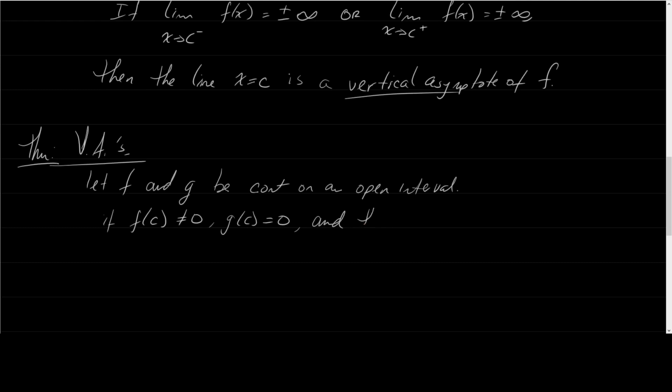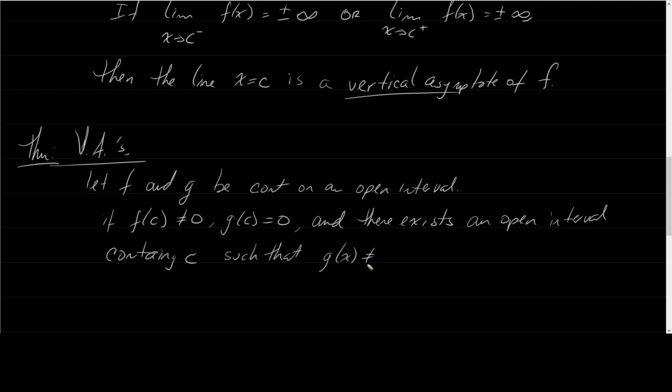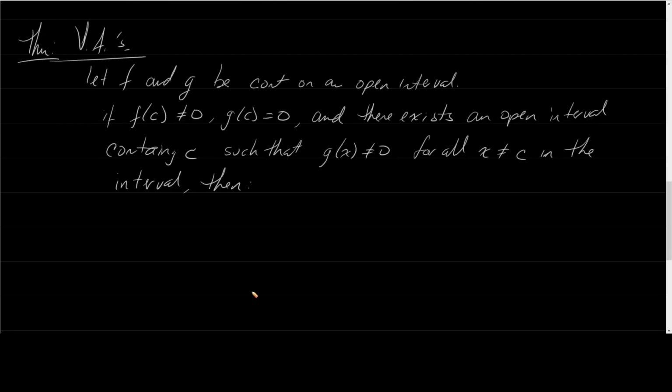and there exists an open interval containing c such that g of x is not equal to 0 for all x not equal to c in the interval, then the graph of f of x over g of x has,